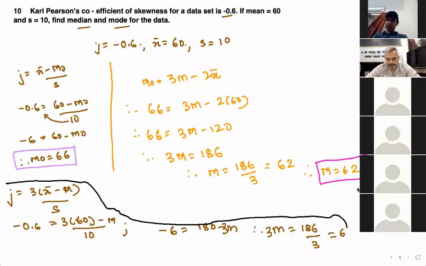$62.13. Yeah, that's only median. You also have to find coefficient of variation, sweetie. Yes, I am doing that. Okay. So